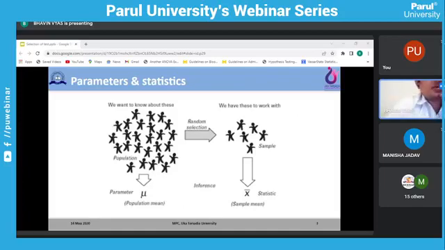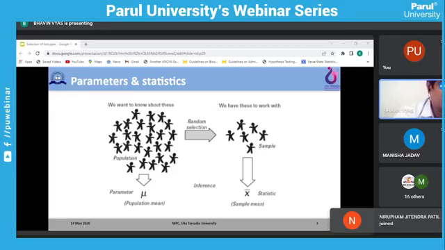Going to the next, when you do statistics, you should know these two terminologies called parameter and statistic. Parameter and statistic. We always carry out experiments to generalize something, or to note it down or lay it down for a population. So if I want to know the average height of a particular class, it is not necessary that, if there are 100 students in the class, I need to measure each and every student's height and then take the average. So that is considered a population.